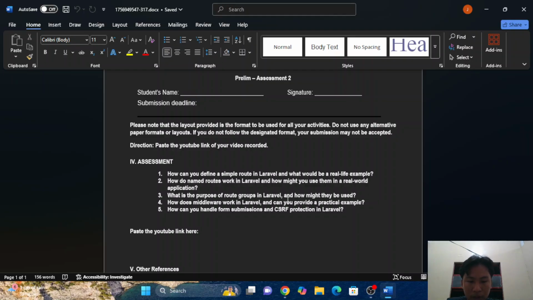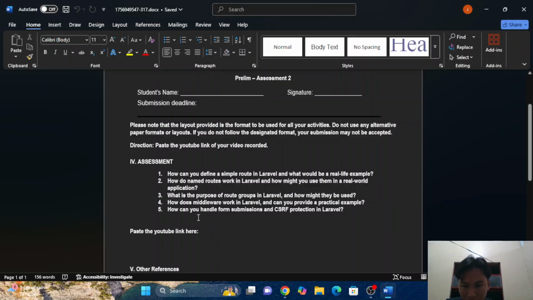For example, you might use a route group to apply authentication middleware to all routes within an admin panel, or to prefix all API routes with /api, streamlining route management and enhancing code reliability.